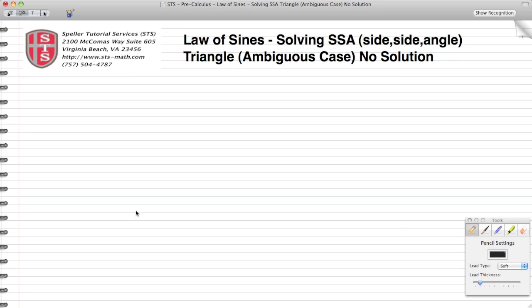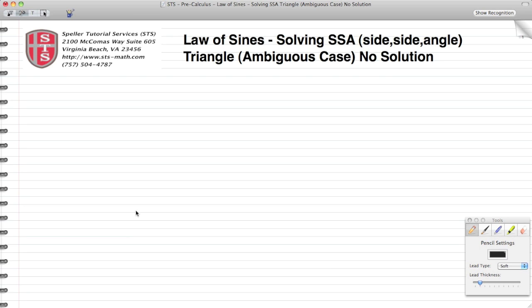Today we're going to talk about the law of sines, and in our particular example we're going to be looking at something called the ambiguous case. The ambiguous case is only relevant when you have a triangle where you only have two sides and an angle. If you have other configurations where you have an angle, side, and an angle, that wouldn't be an ambiguous case because you actually come up with an answer.